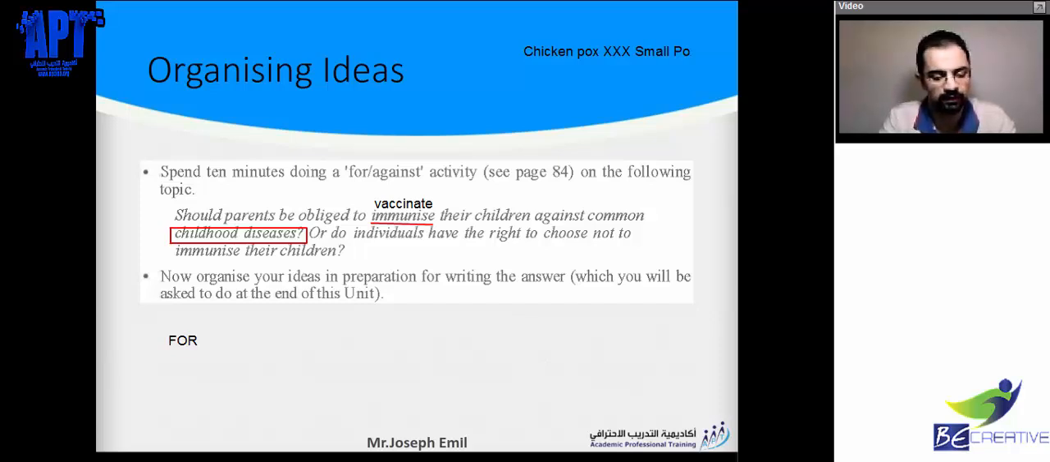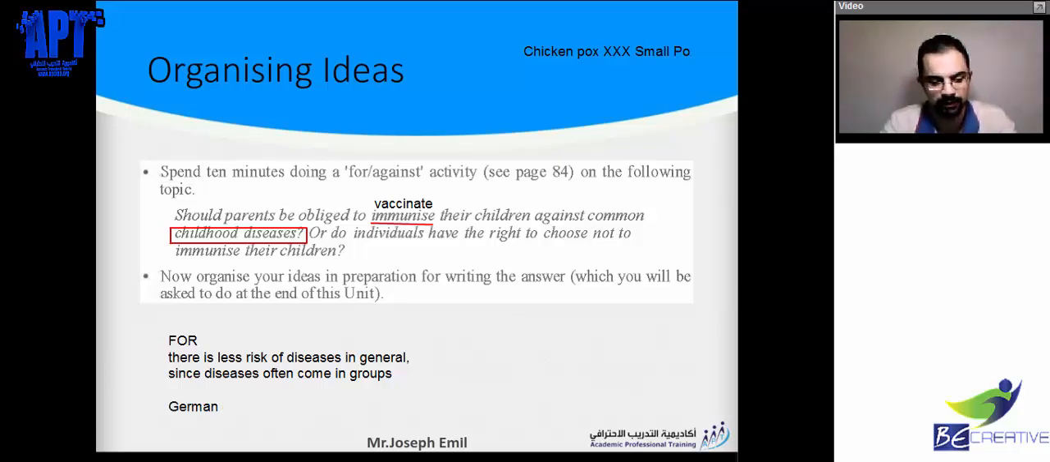There is less risk of, maybe, diseases in general. Okay? Maybe since diseases often come in groups. I'm just going to put this in a separate sentence here, in groups. Maybe. Alright? Maybe you can say that the German measles,